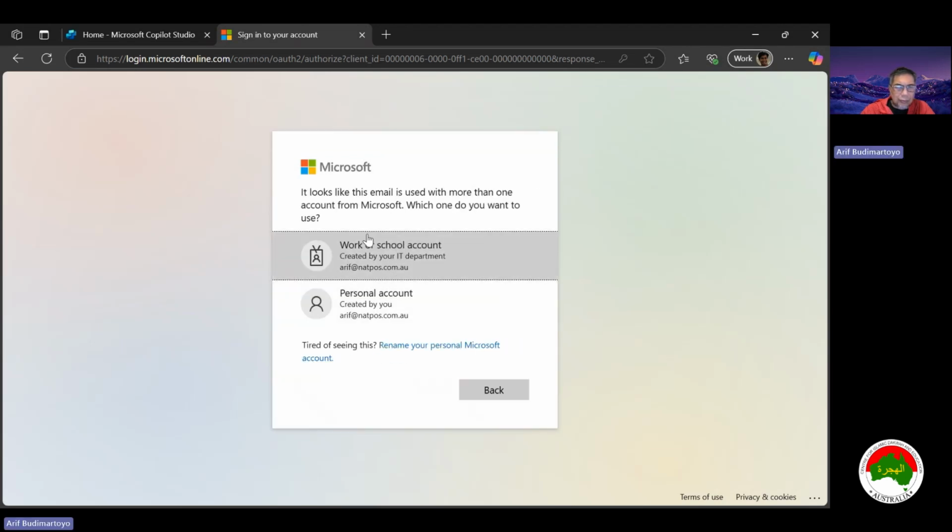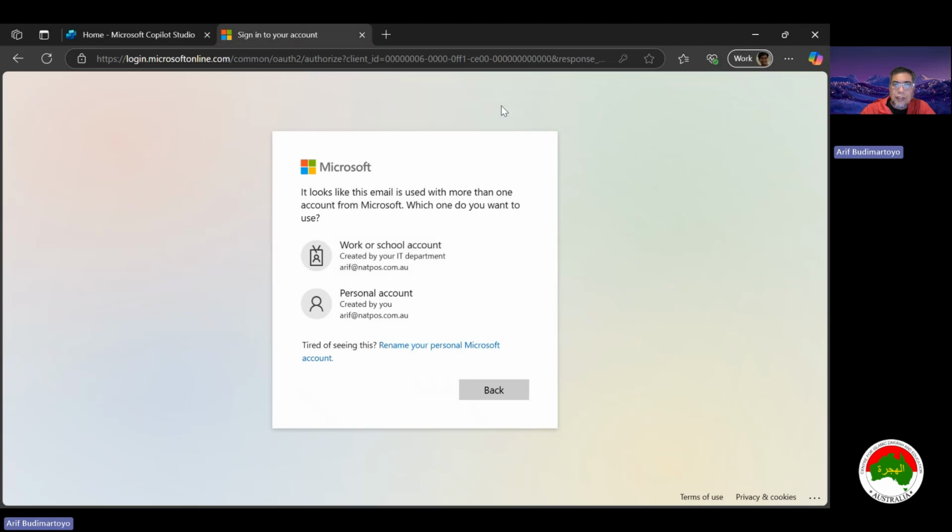You can also choose whether to use a personal account or a work or school account. In this case, you choose the work account because we use Microsoft 365 as the work account. So when you create a new account, after you complete the credentials and successfully log in,